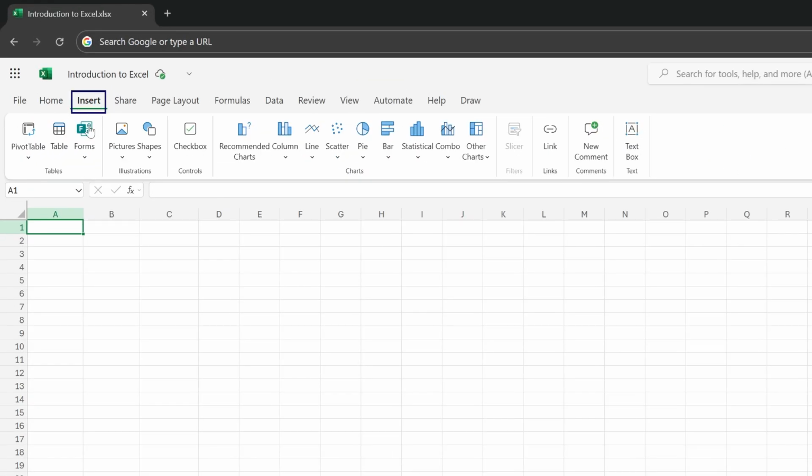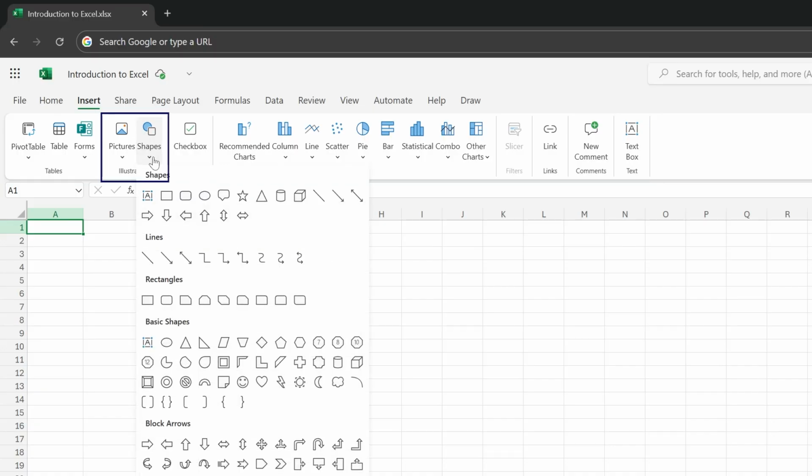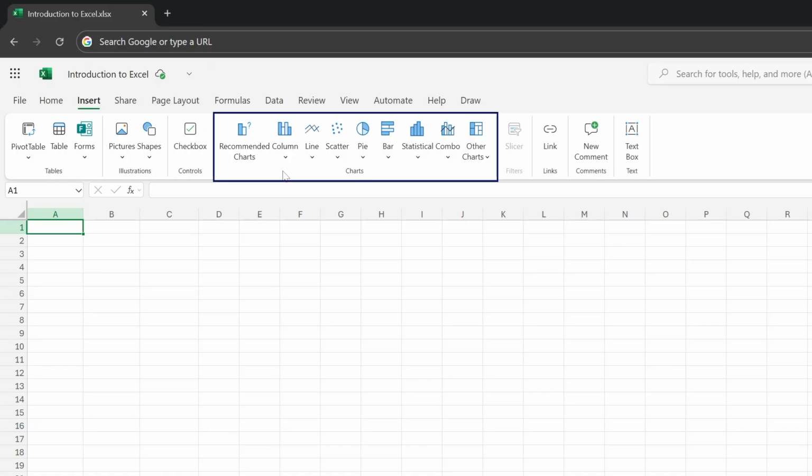The Insert tab is used to add extra elements like images or charts and more. Key groups here include illustrations, controls, charts, links, and text. Illustrations lets you add pictures, shapes, icons, and other visuals. Controls includes tools like checkboxes, which are great for creating interactive checklists.